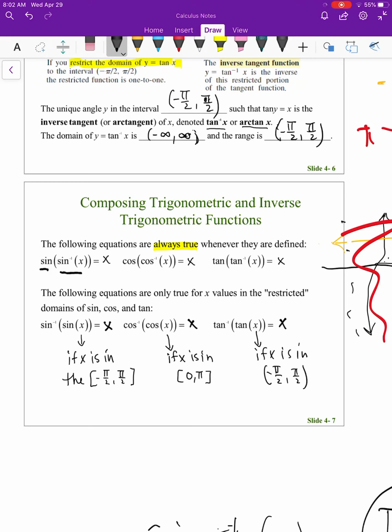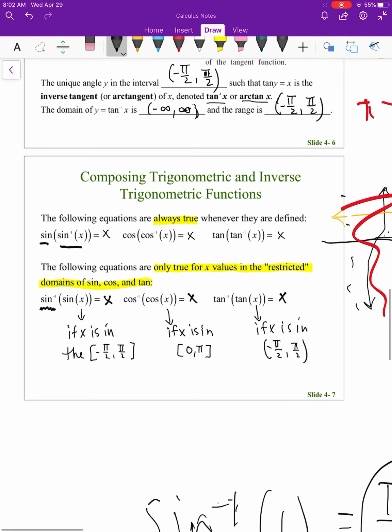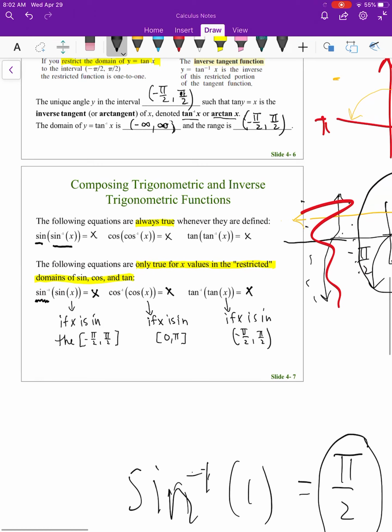And notice the difference. This one, you're taking the sine of the inverse sine. That one's always true. This one, only true for the restricted domains. So see how this is different? The inverse sine is on the outside of this one. So if inverse sine is on the outside, you have to be careful. If it's sine on the outside and inverse sine on the inside, it's a pretty easy problem. Okay? So you'll be seeing that as